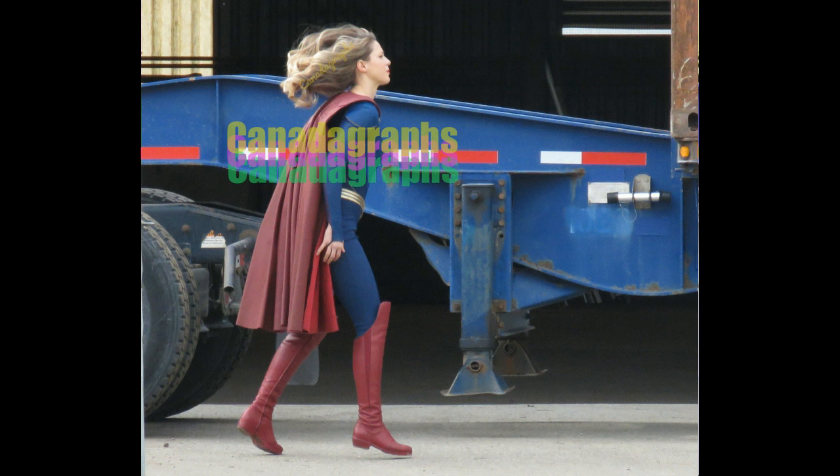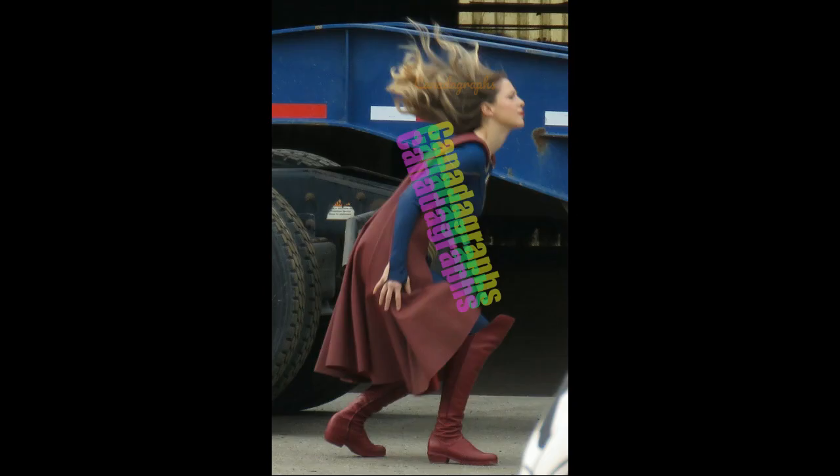When she does that superhero landing thing you always see on TV, that's how they do it. She just jumps up in the air a few inches and lands. And that is the magic of that scene. You can see her hair all over the place there in that scene. That's her hitting the ground